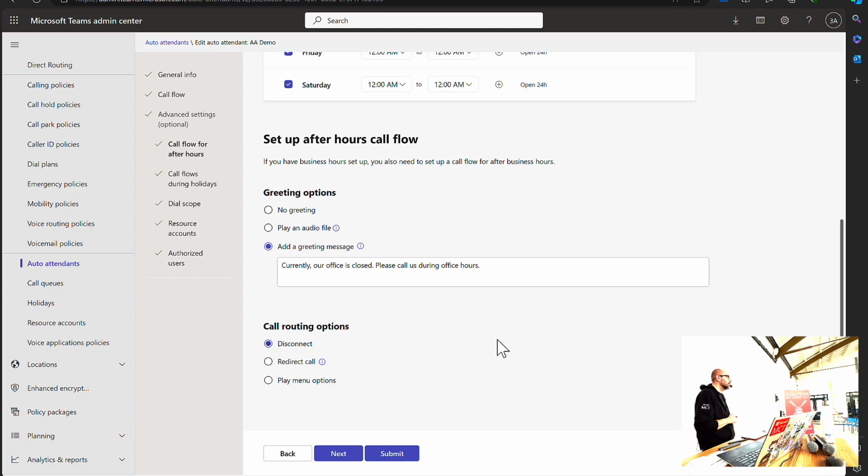those office hours. They differ from the regular call flow because you're closed. You can't handle that call right now. So you can either play a greeting, "Currently we're closed, better luck next time," and then disconnect the call, redirect the call, or play a different menu than you would during office hours. "If you're calling for an emergency, please press 1. If you're not calling for an emergency, we will disconnect your call." So these are basically the daily, weekly, recurring opening hours for your office.